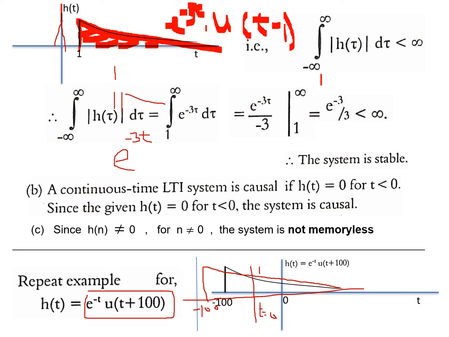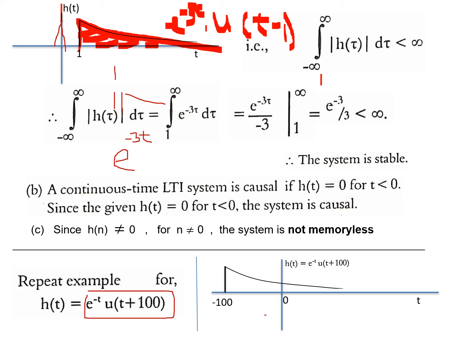Same thing we expected, and same thing is there in the graph as well. This is the actual graph of the signal. It starts at minus 100 because of e of minus t. It is a decreasing exponential, and the signal starts at u of t plus 100. It starts at minus 100. It is advanced. So what about the stability? Just by looking at the graph of h of t, can you tell me what is the stability property, what is the memory, and what is the causality property? I will tell by looking at the graph.